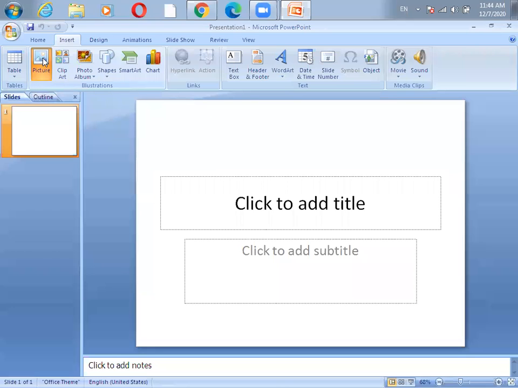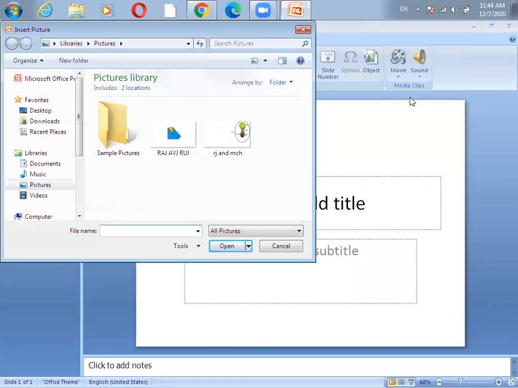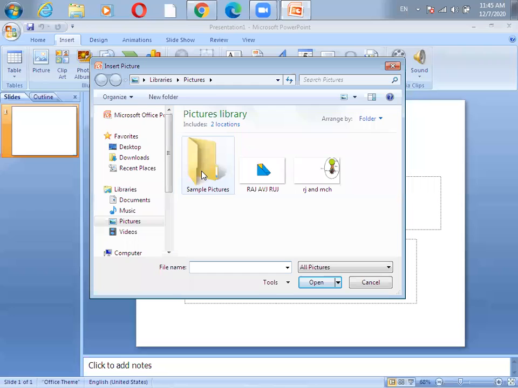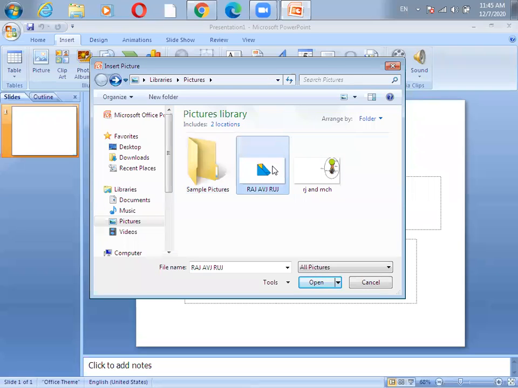When I click over here, I will get this dialog box. From this dialog box, we have to choose the picture, where we have saved that particular picture. Like I'm just taking any picture from here.